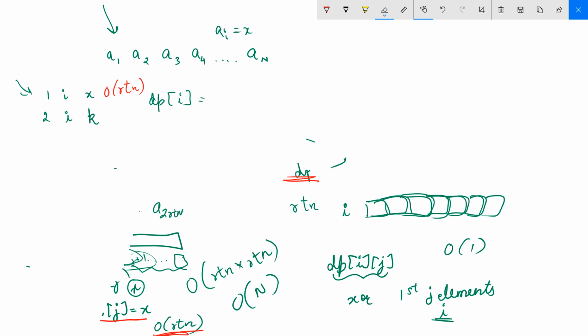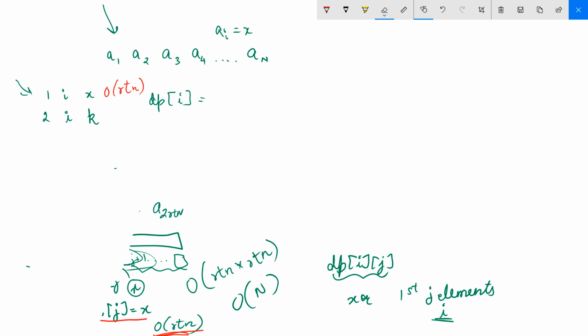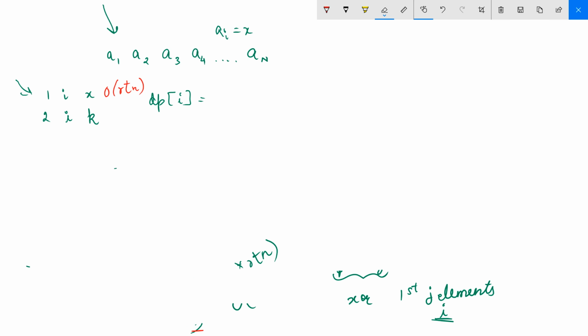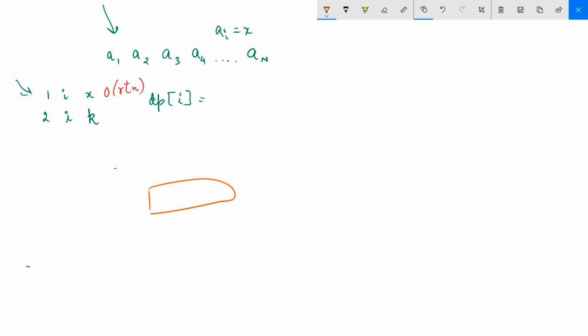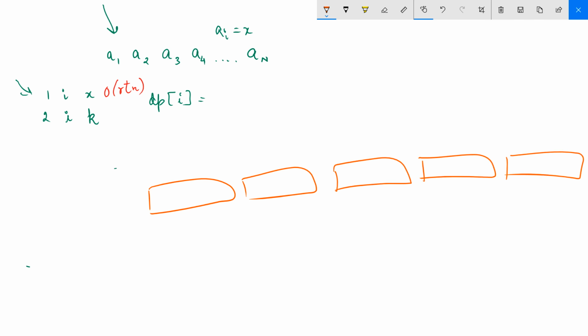To do that, we are going to iterate on buckets. Let's say this is the first bucket of root n elements, this is the second bucket, then the third bucket, then the fourth bucket, and let's say the ith element is in this bucket. So this is the ending, let's say it's over here somewhere.